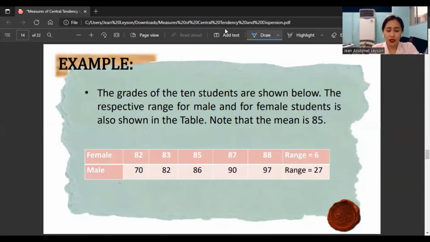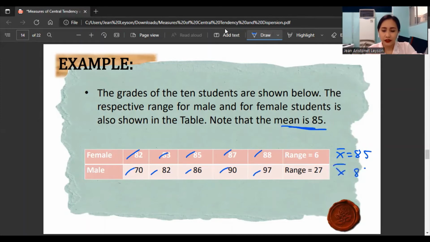So for example, the grades of 10 students are shown below. The respective range for male and for female students is also shown in the table. So note that the mean is 85. The mean has already been solved for us. If we add the data for the female, the mean is 85. And also for the male, the mean is 85. But since we are looking for the range,